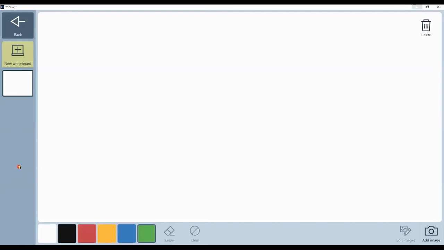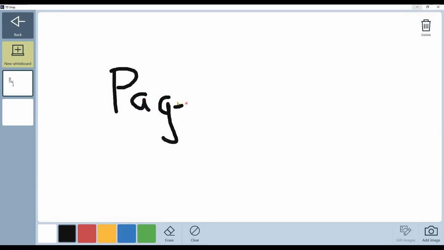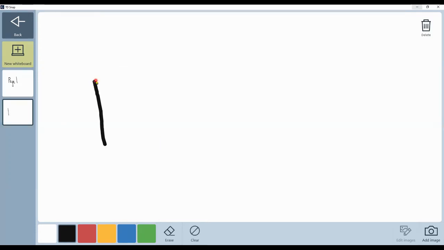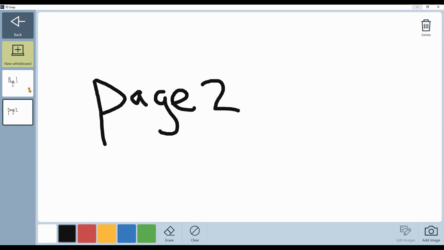You can have multiple pages, so you can add a page by selecting the whiteboard. Select the next page. And then toggle between the two pages by clicking on the pages.